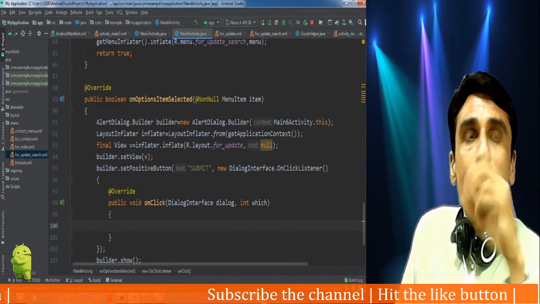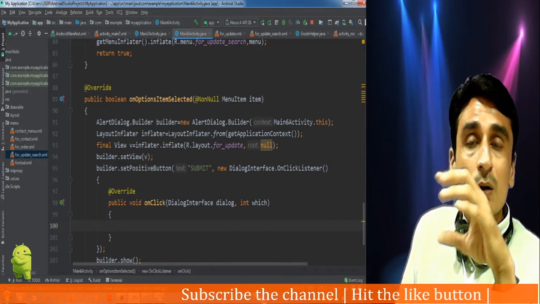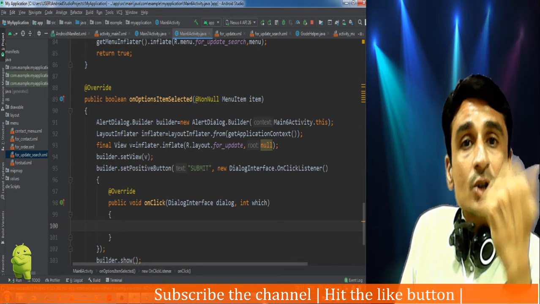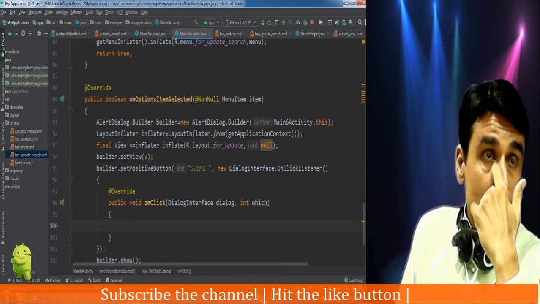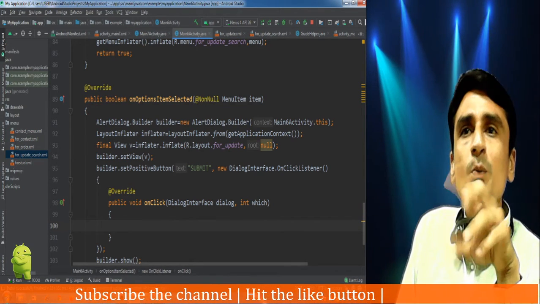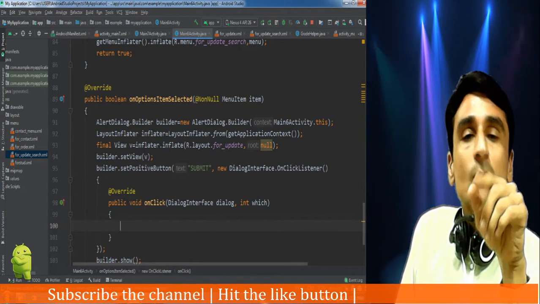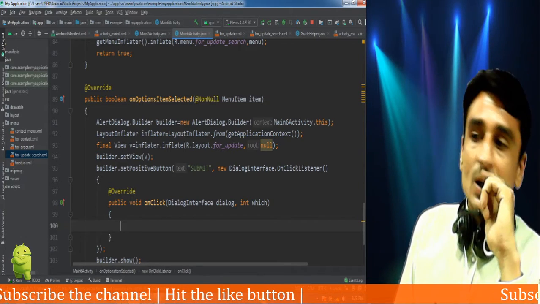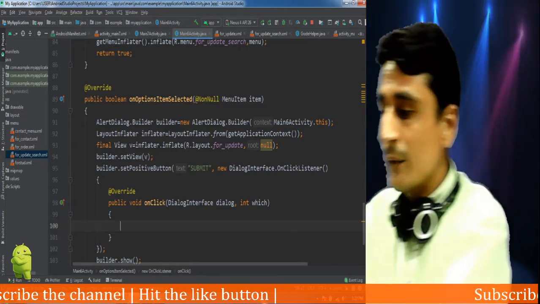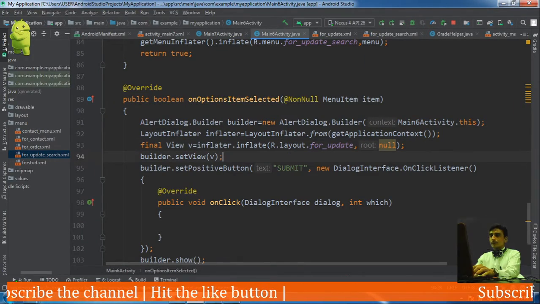So before performing anything else, we need to check which option was selected by the client. If update was selected, then we need to perform updation, and if search was selected, then we need to perform the search operation. So let us check which menu item the client has selected.